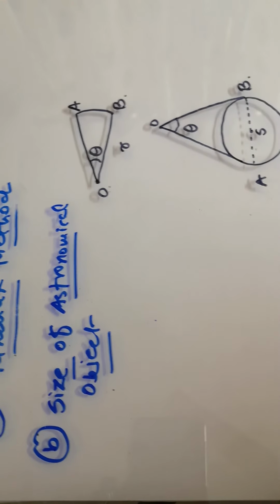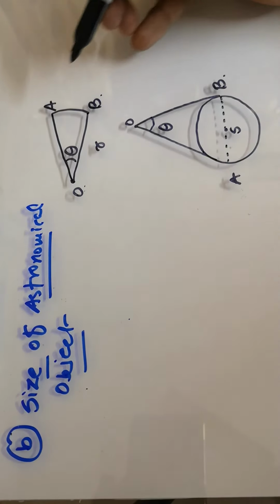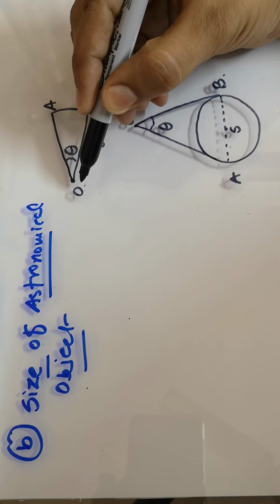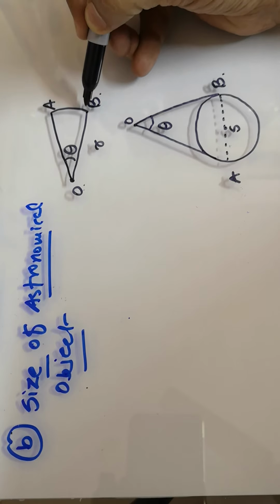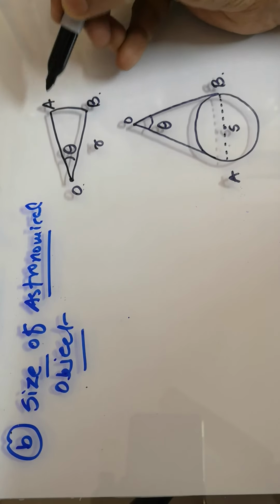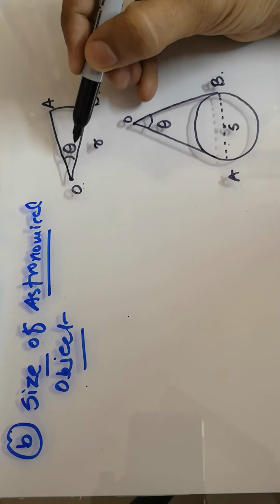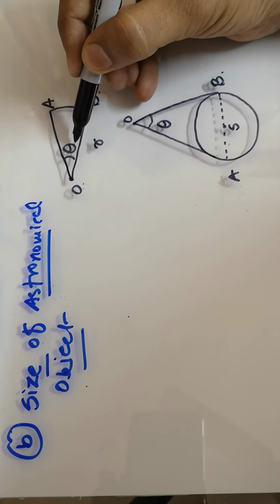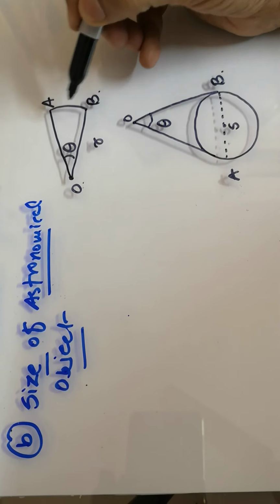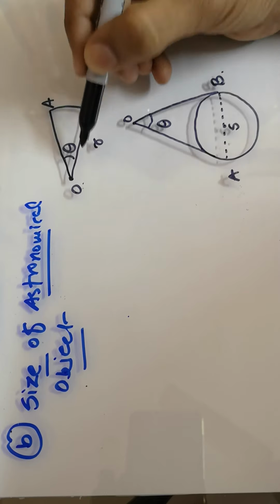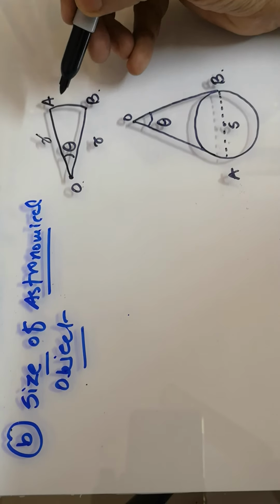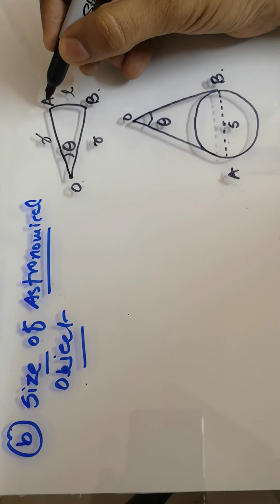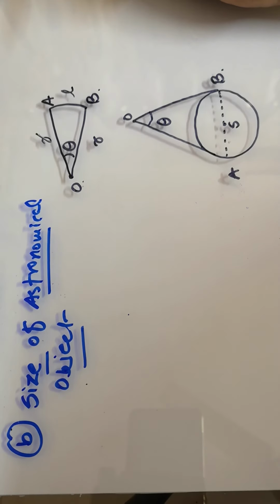If you observe these two figures, you can see that you have one object which is far away from the Earth, and two points on the surface of the Earth or any planet. This is the angle extended to the point OA, which is also connected with the point OB, and this is the distance. Let's assume that distance is called R, and the points A and B are associated with it.